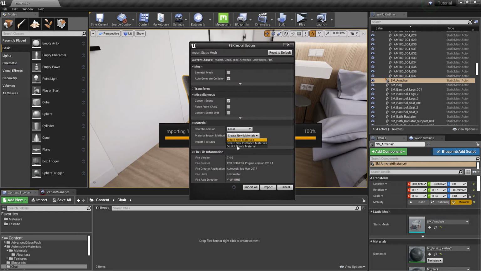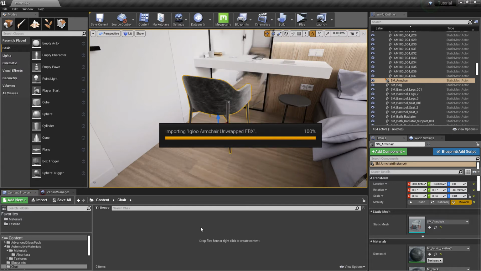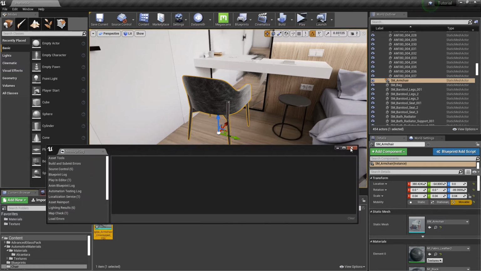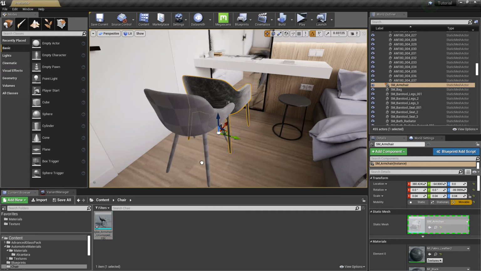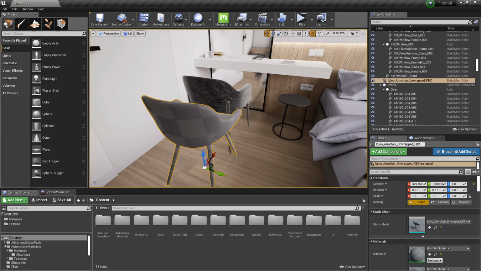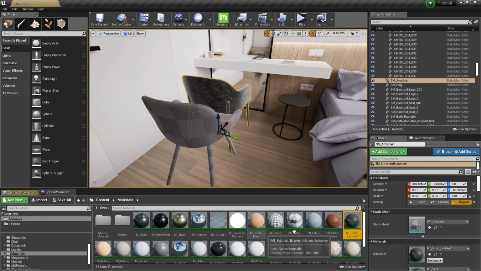We don't want the materials. Keep everything else to default. Here is our chair. Let's add some materials to it.